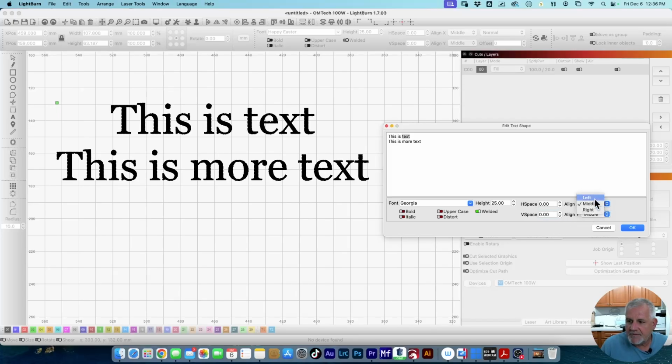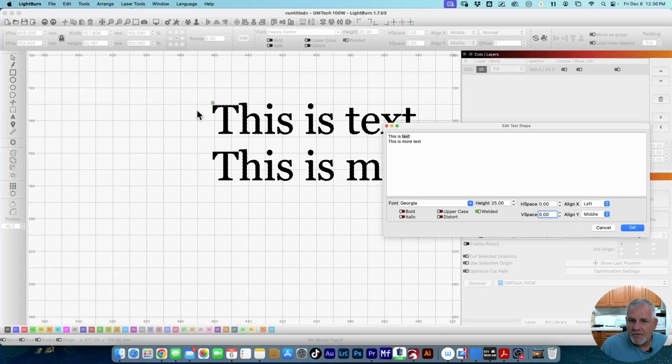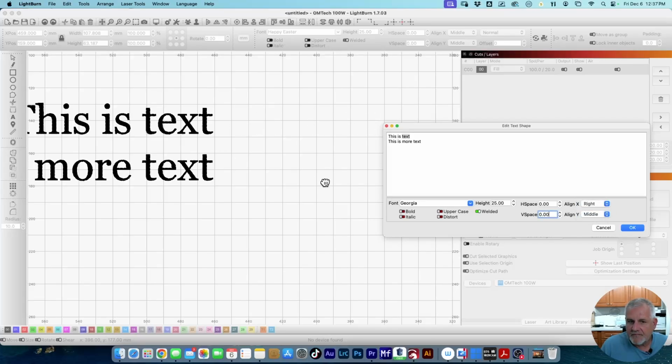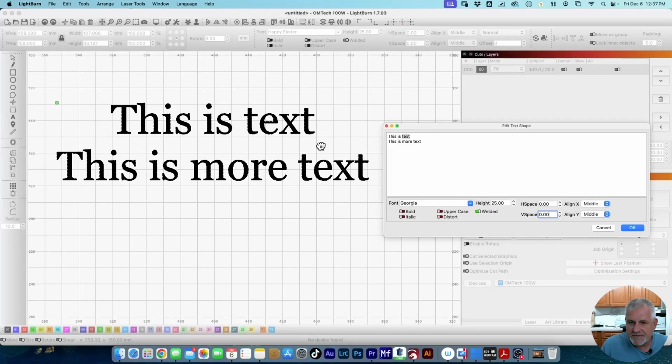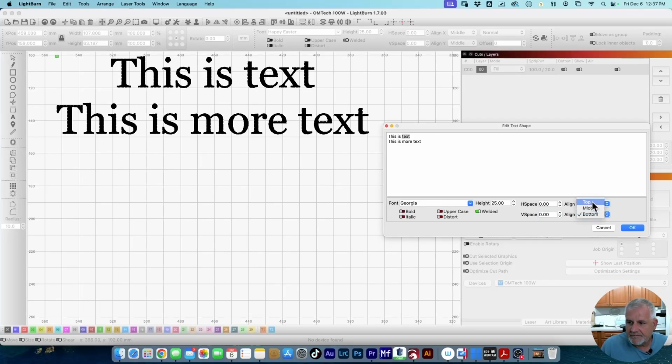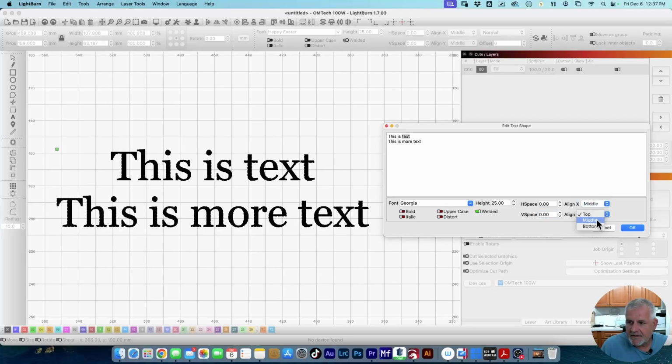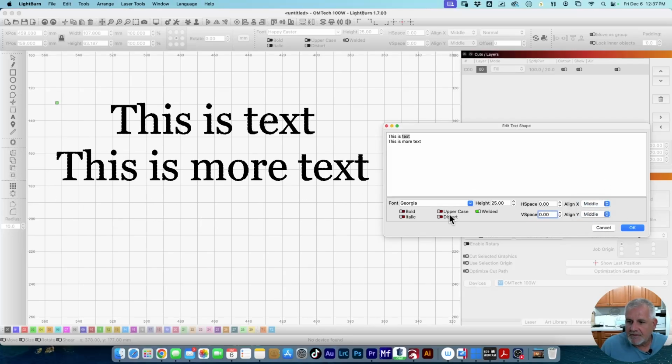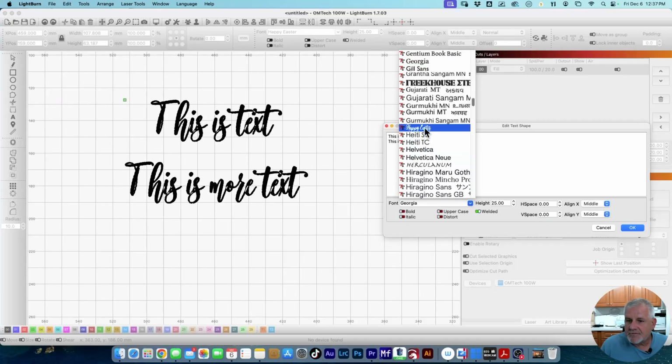All right, and your alignments, you have left, which it's going according to that. If we go right, it's going to be the same thing but on the right, and we'll go back to middle, which centers it up on that same location. Same with bottom, top, and middle for your vertical alignment. Okay. Now let us change back to our script font,